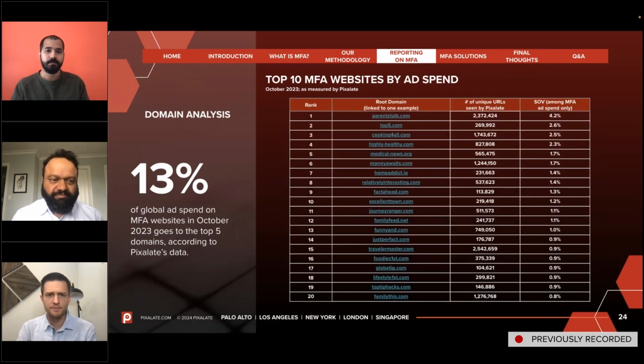Yeah, and I'll add that Pixalate is going to be publishing regularly on this topic. You can download our most recent report with that March 2024 data that shows the sellers that are selling the most likely MFA inventory. In that report, we also have a list of sellers selling the least likely MFA inventory, and the sellers listed on the fewest ads.txt files. On our Seller Trust Index, we also give an MFA risk score, like I mentioned previously. So definitely check out that data and keep tabs on the reports that we will have coming out, because like Amit said, we're trying to be very transparent with what Pixalate is observing in the MFA ecosystem.